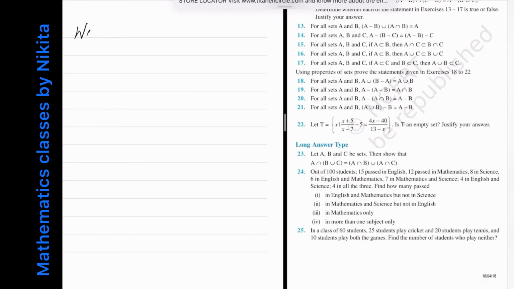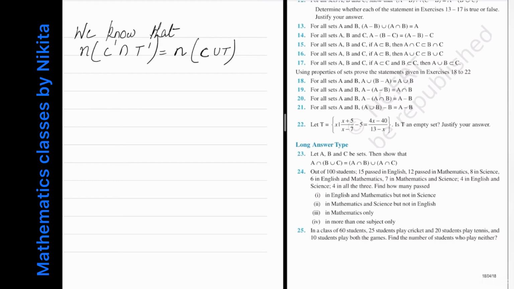And we know that n of C complement intersection T complement is equal to n of C union T whole complement, which is equal to n of U minus n of C union T, and just put the formula of C union T. So this will be equal to